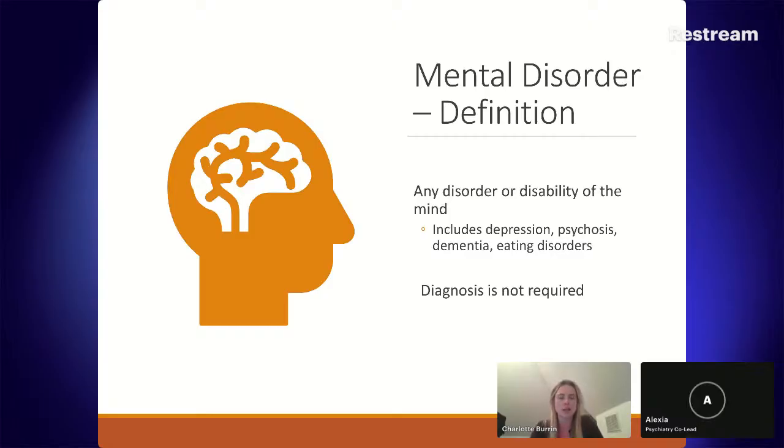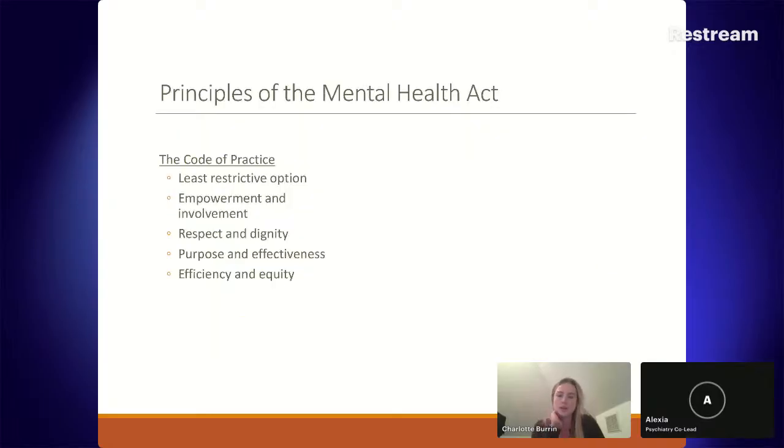And the same sorts of rules apply for substance misuse. Somebody that's dependent on alcohol or drugs could be detained under the Mental Health Act, but not just because of their dependence, only if they had a resulting mental disorder because of their drug or alcohol use. And importantly, you don't actually need to have a specific diagnosis. We don't need to know for sure that somebody has schizophrenia or depression. We just have to believe in good faith that this person is showing signs of a mental disorder.